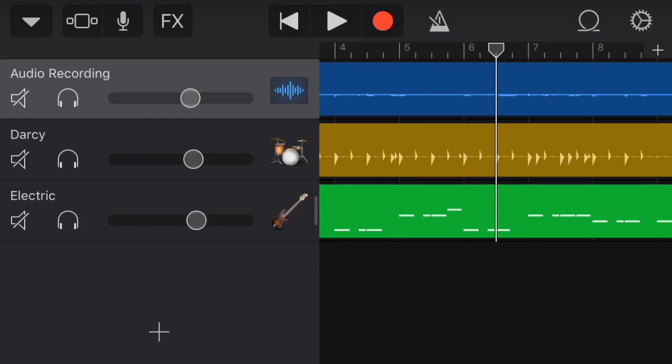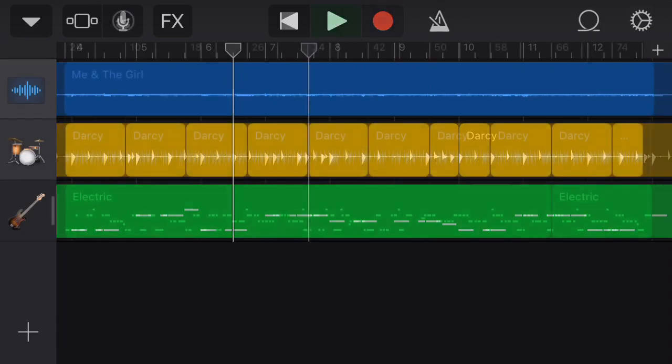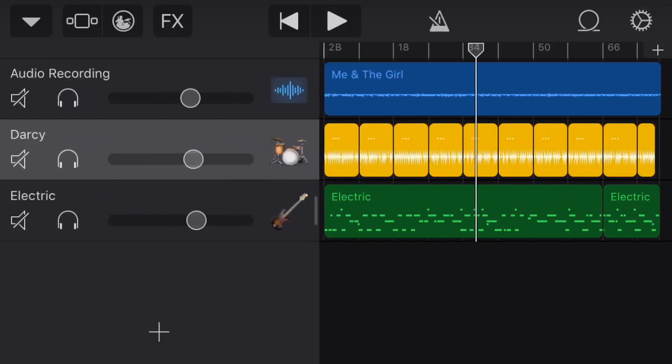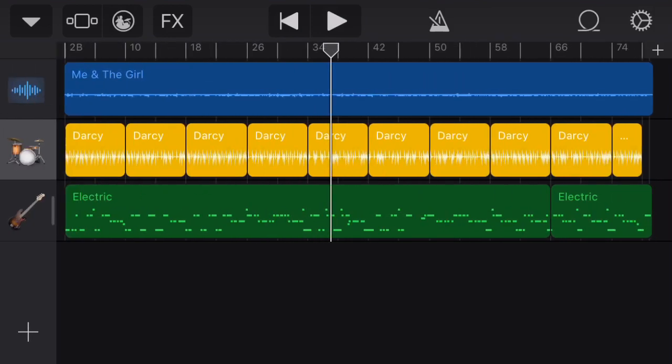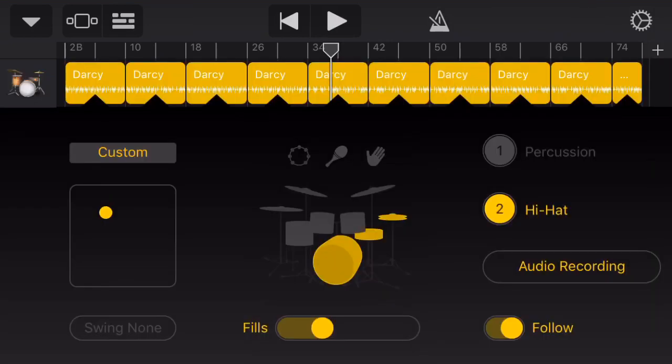Now, for me, it's an easy starting point. So what I do from here is basically I take the information that I've got here, mainly for the drummer. I know my tempo is 118 beats per minute, so I'll have a look in here, and you can see on the hi-hat here, if you're looking on the side there, it's hi-hat number 2,